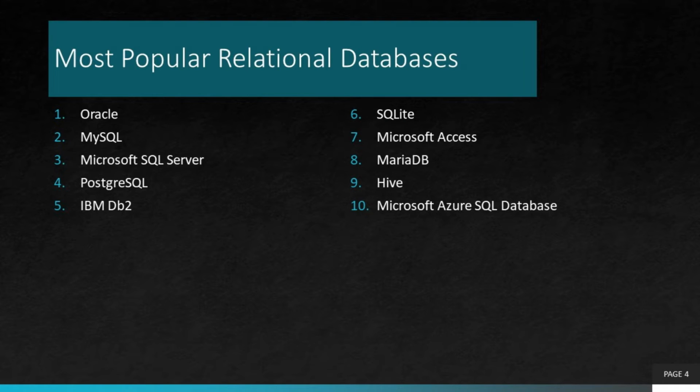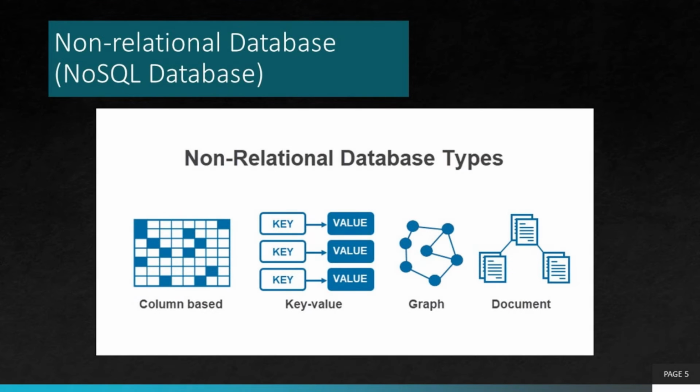So another type of database is the non-relational database, or typically referred to as NoSQL. Now, this is a type of database model that stores data differently from relational databases. So instead of tables, non-relational databases model relationships between data in an alternative way. So there are basically 4 types of non-relational database types. So you have column-based, you have key-value-based, you have graph, and document. So this is basically how the data is